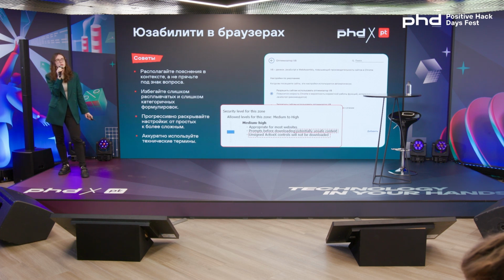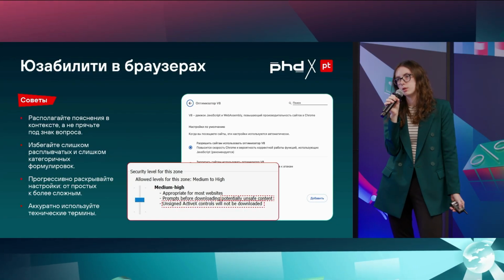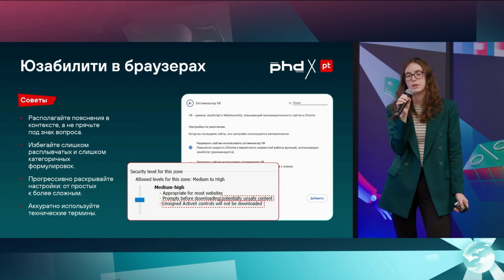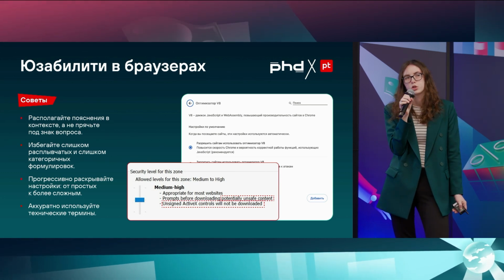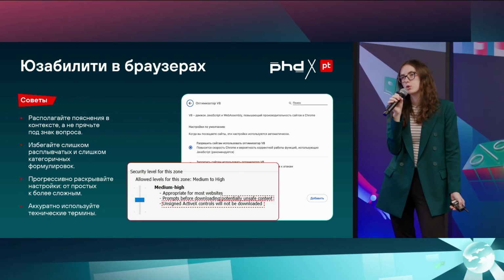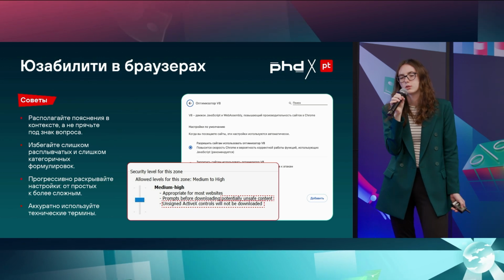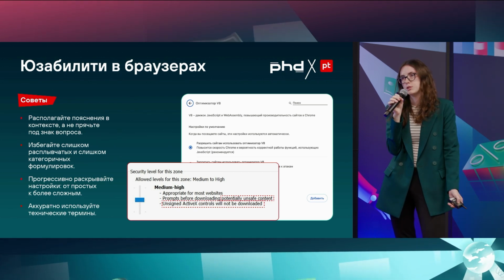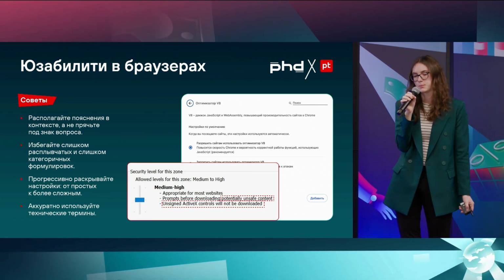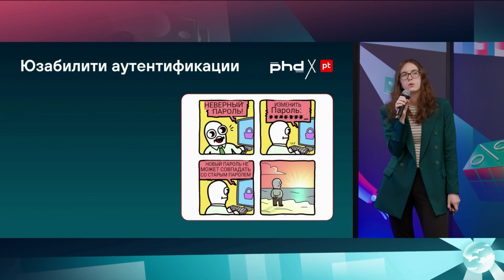Next, you want to explain sophisticated parameters gradually. If you know that this setting is something special, that only one person in 1,000 would need it, you want to place it down, just observing the simple rules of hierarchy. And another important piece of advice, please be careful with how you use terminology, because not everyone knows the terminology that you know. What is easy for you may be difficult to appreciate for users. They would have to Google a lot. So if you can do without special terminology, you would be better off not using it.